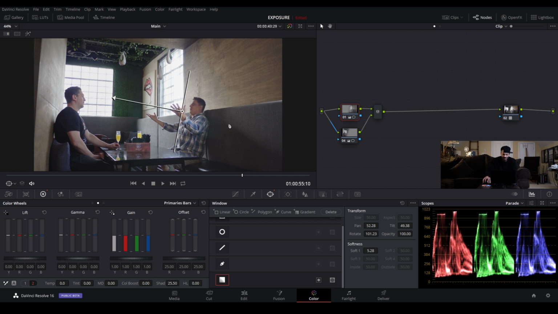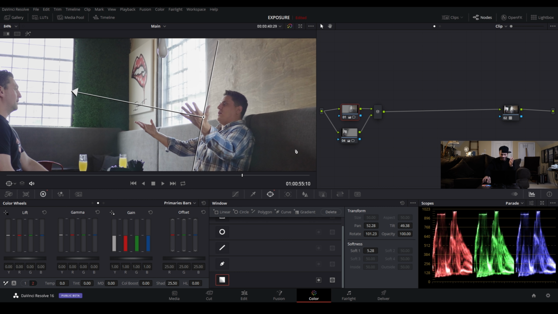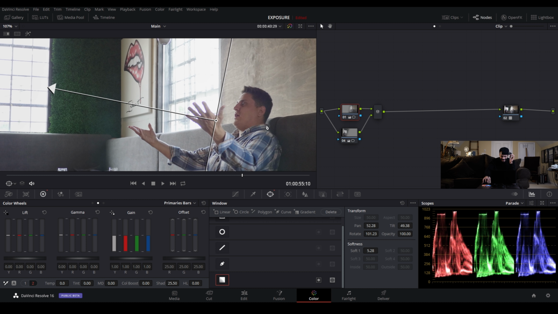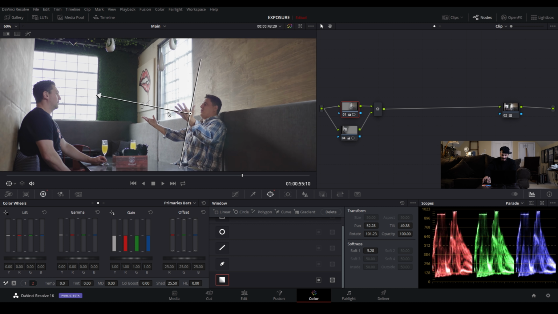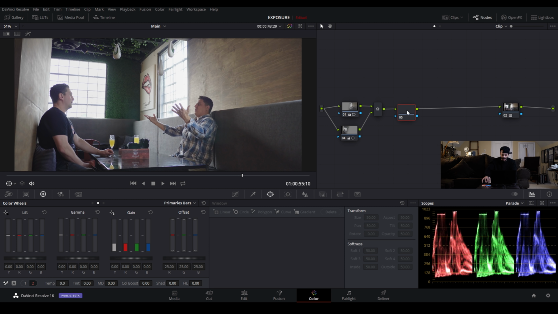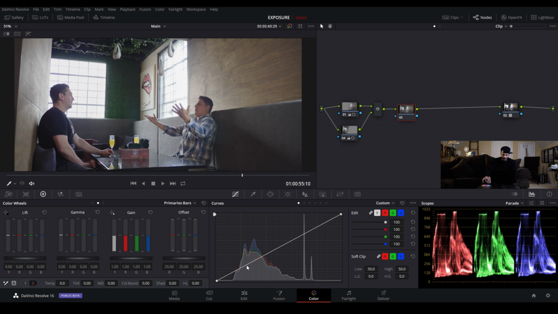Now it looks like these guys are in the same place at the same time on the same day having the same conversation. I love it. And another thing that's cool about this technique in particular is in this situation, I'm not getting a ton of grain. And if I even make another node and do a little contrasting,